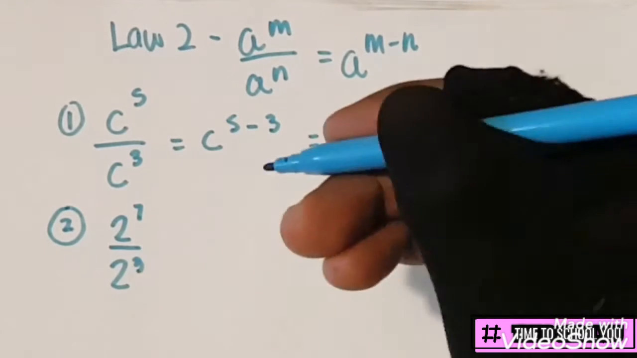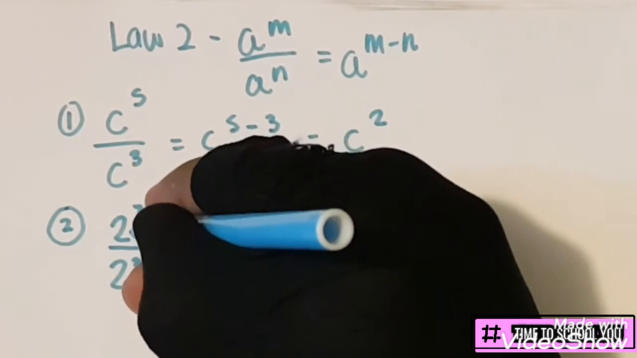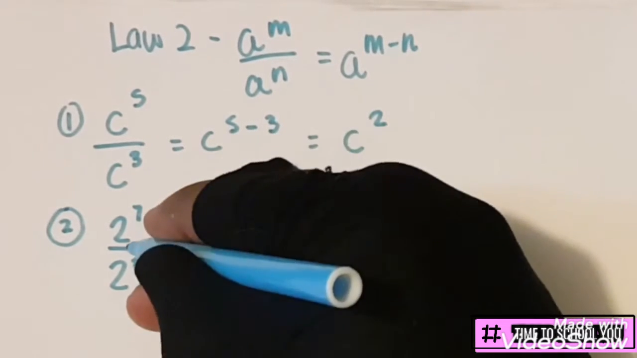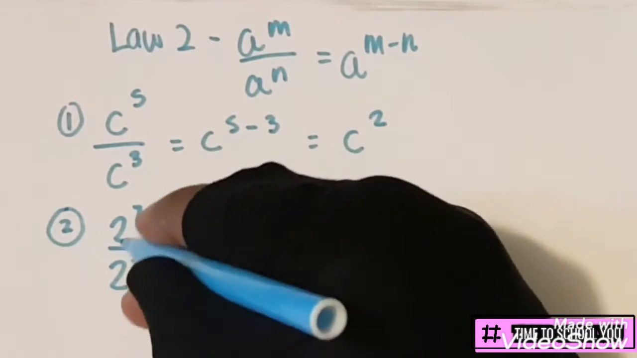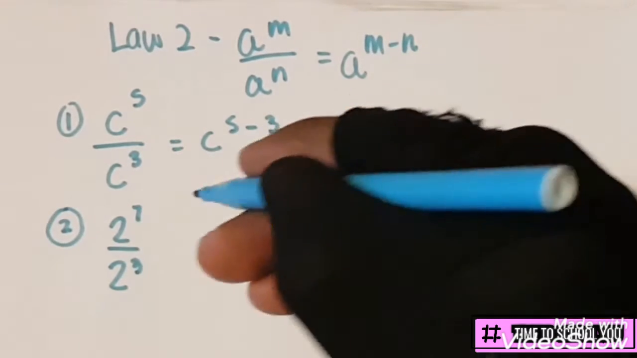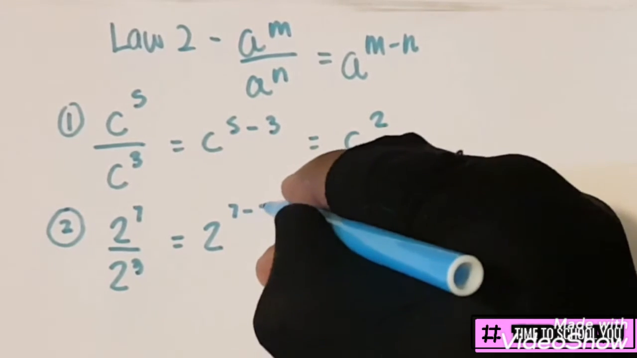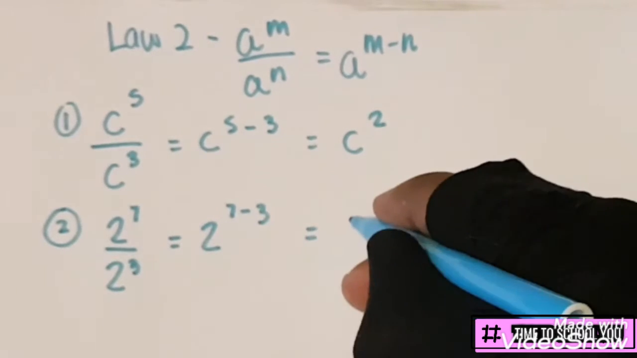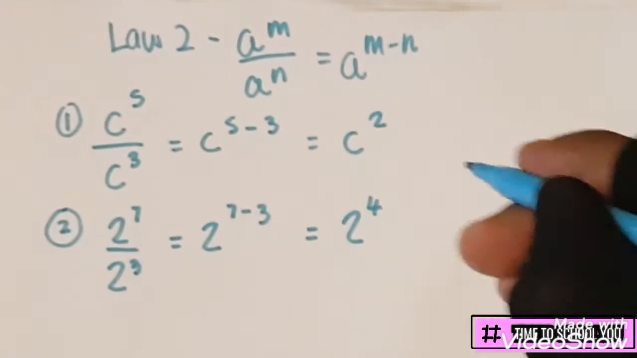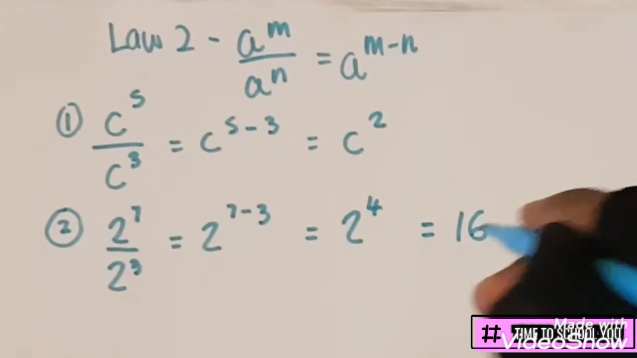Although these are numbers, these numbers are bases to the exponents. So these bases are the same and they're being divided. So we will follow the rules of exponents. It's 7 minus 3, and our answer will be 2 to the power 4, and we know 2 to the power 4 to be 16. The next type we get